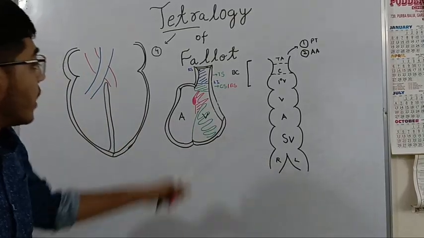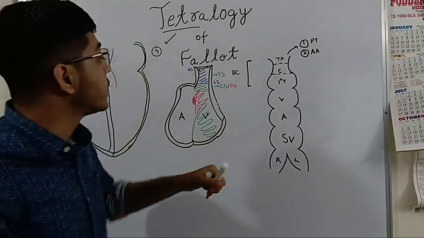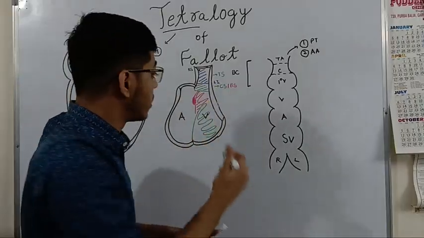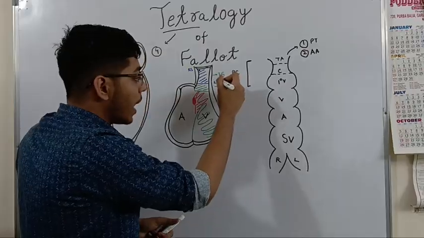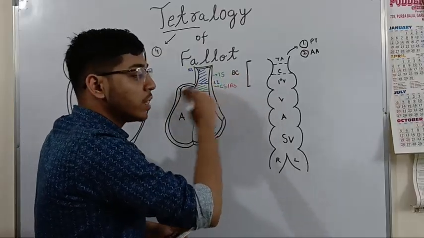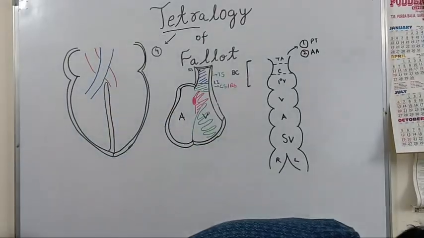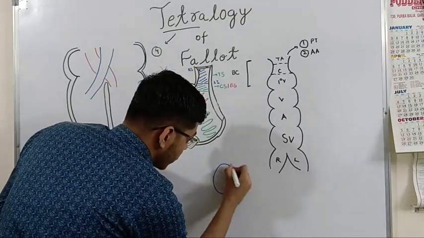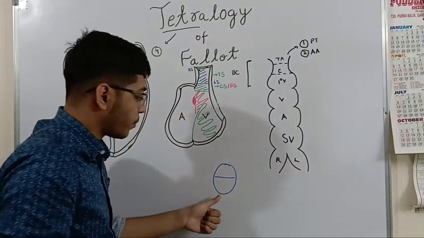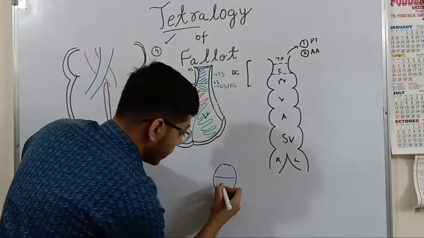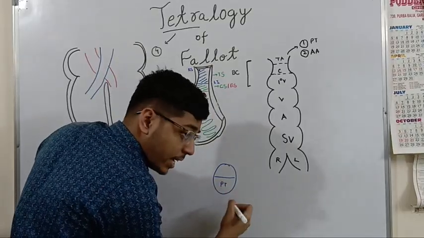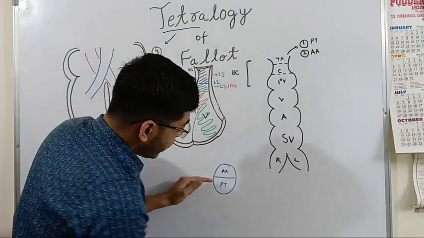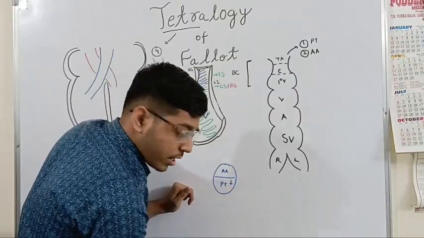So, the defect in tetralogy of Fallot is that there is anterior shifting of the conotruncal septum, that is, first the truncal septum and the conal septum. They both shift anteriorly. So, when they shift anteriorly, for example, suppose this was the structure earlier at the proximal most part of the spiral septum, this being the pulmonary trunk anteriorly and the ascending aorta posteriorly. So when it shifts anteriorly,